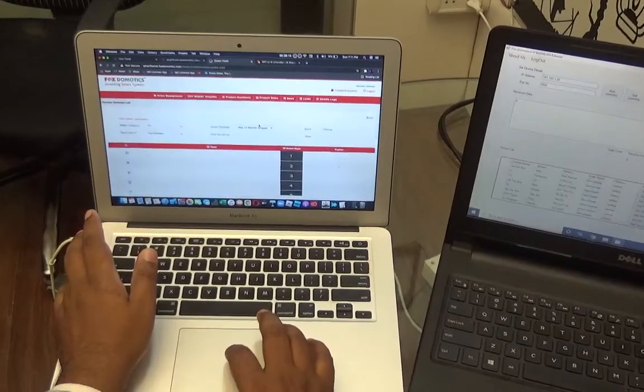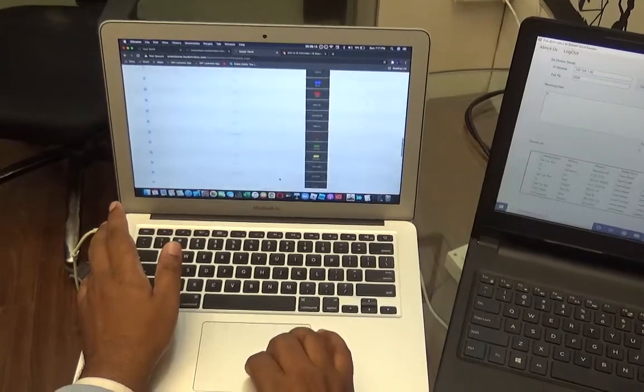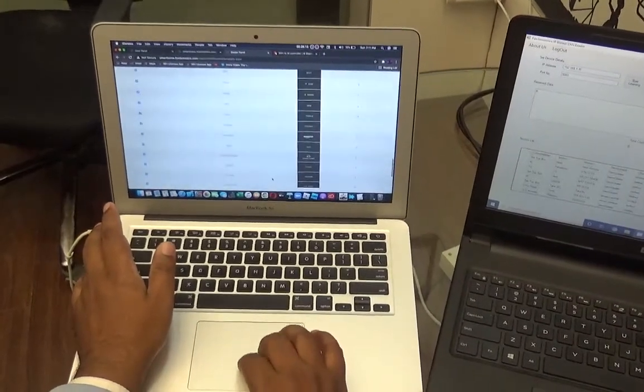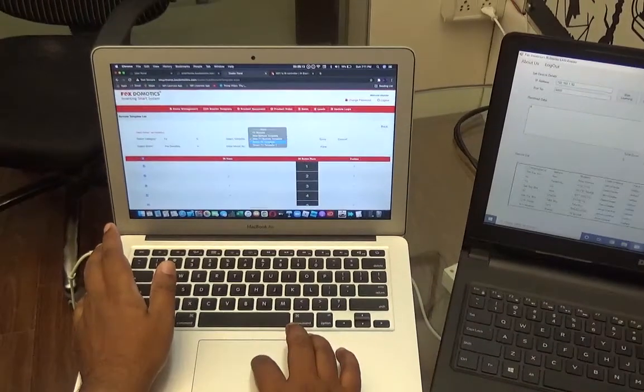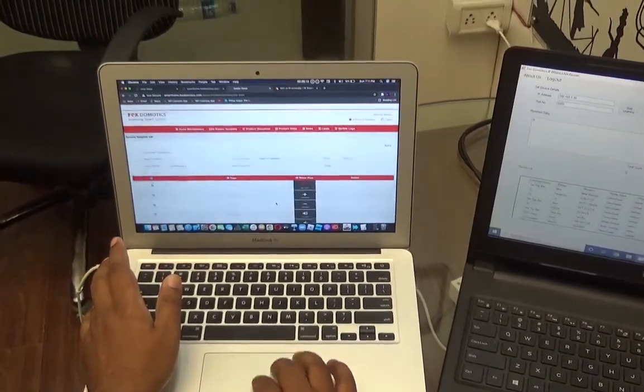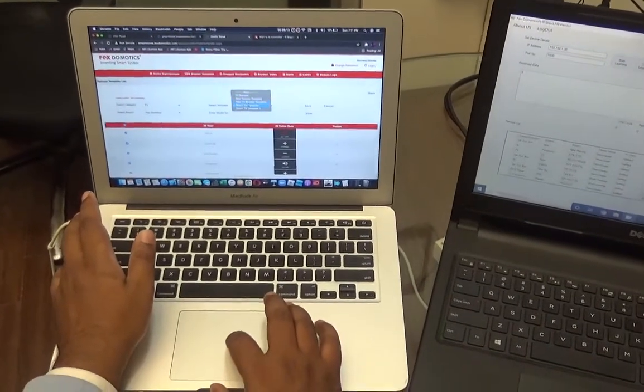And the new TV template is different. There are a few more buttons like gaming, red, Amazon, Netflix. So you can select all the different types of templates which are already made for you.